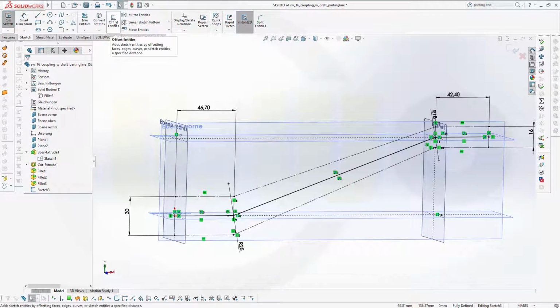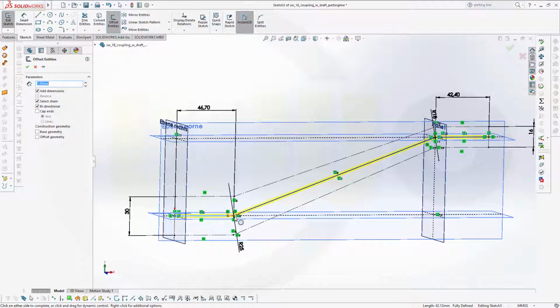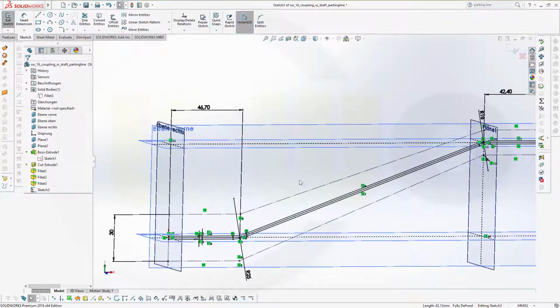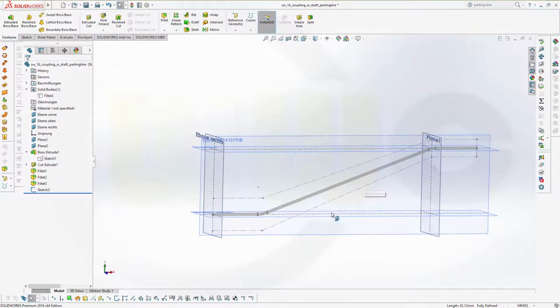There it is, offset I intended is 1 millimeter. Make it bi-directional, so that one. Okay,